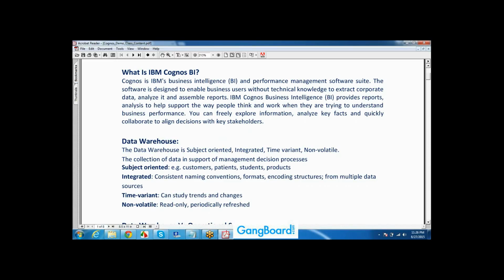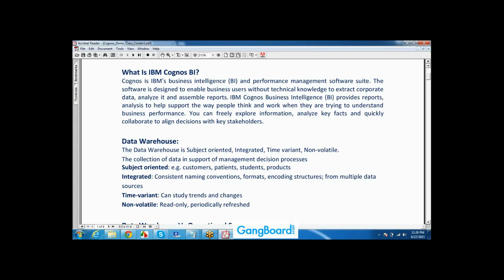Credit card information is in one database called Oracle; they have stored all the credit card information in the Oracle database. Then a few of the credit card tables they have stored in SQL Server. Some other home loan information they have stored in Sybase. Likewise, they have organized all the data into different formats. That's it. So now, why do we go for a data warehouse?